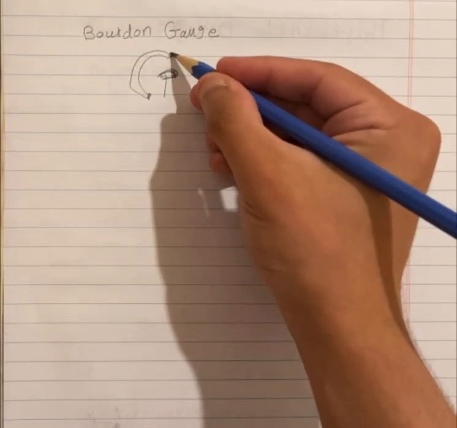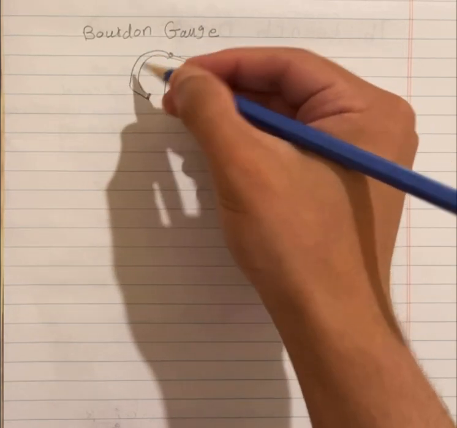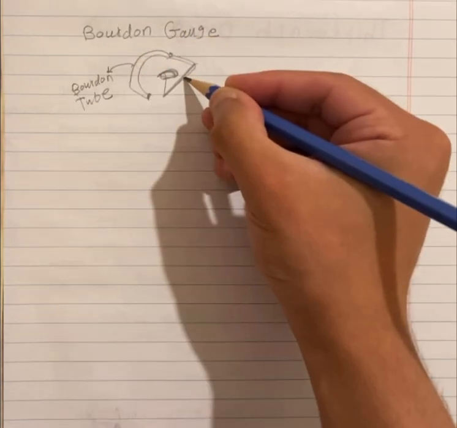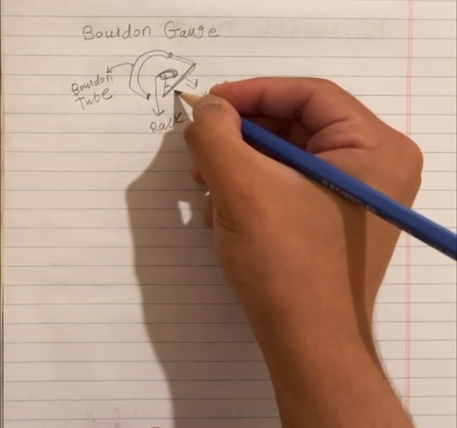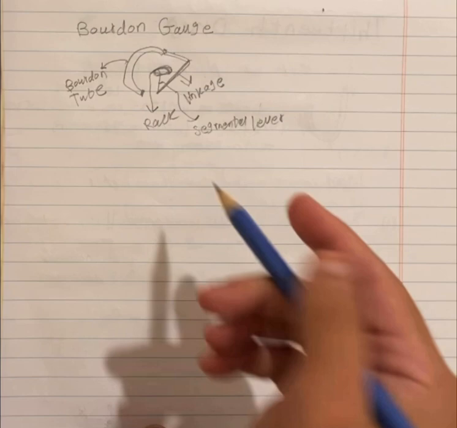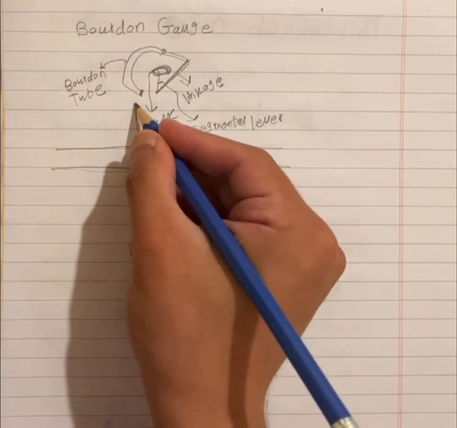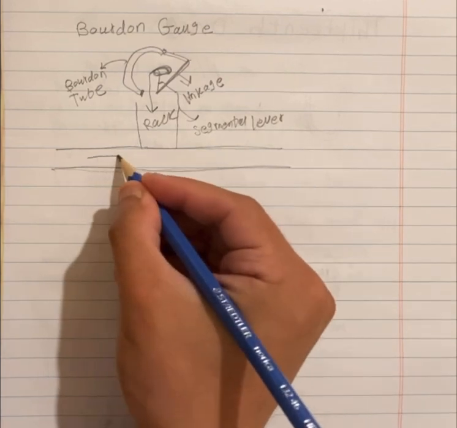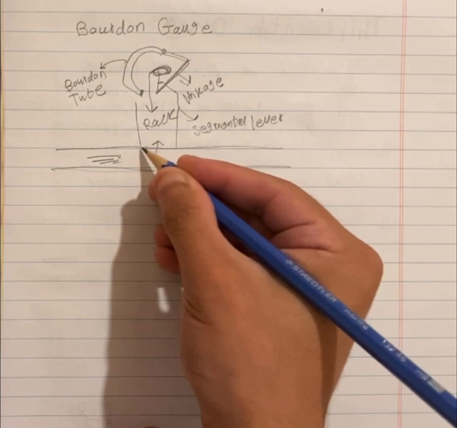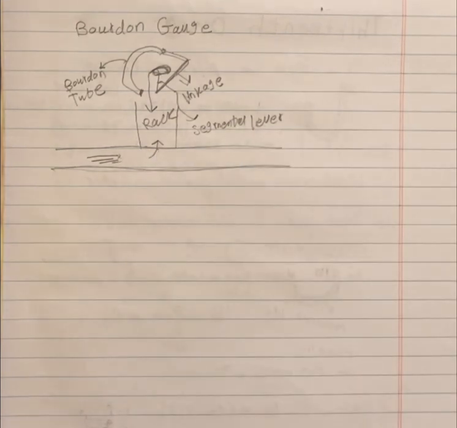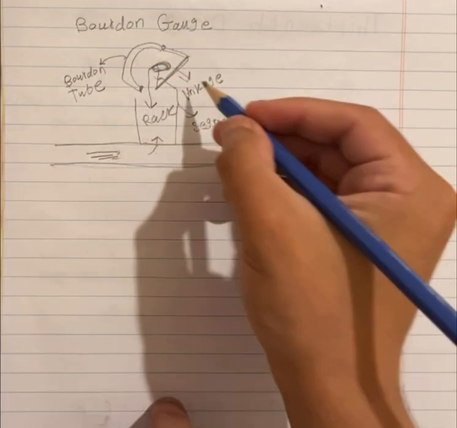We have a linkage that relates this rack with the Bourdon tube. This is the Bourdon tube, this is the linkage, and this is the rack. This line is the segmental lever. There is a flow, and this is connected to this machine in a way that whenever there is a flow here, it will enter this region. There is a constriction, so there will be a pressure, and this fluid pressure will come to this machine. If you zoom in on this